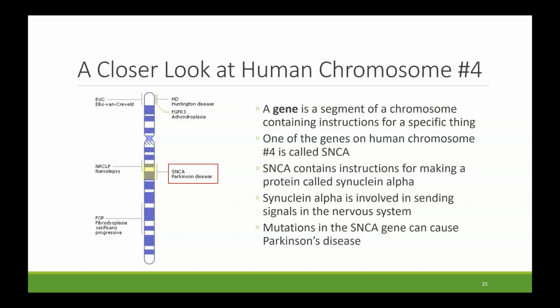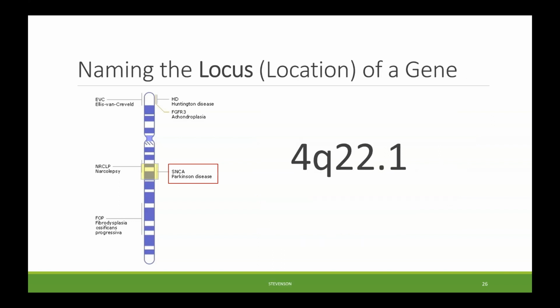Now, scientists have yet to find a cure for Parkinson's disease because fixing it would involve correcting the mutations in the DNA, which is largely beyond the capabilities of medicine at this point. But identifying the source of the disease by finding the specific gene or genes involved is the first step towards working on cures. And to keep things organized in the course of these studies, biologists have a specific system for naming the locus, which is the technical term for the location of a gene within the grand scheme of human DNA. So, for example, the locus of the SNCA gene is